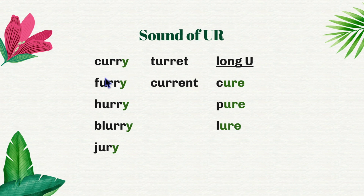In these words, we have a longer word with a letter Y at the end. Y at the end of a longer word usually has a long E sound. So we have curry, furry, hurry, blurry, jury,